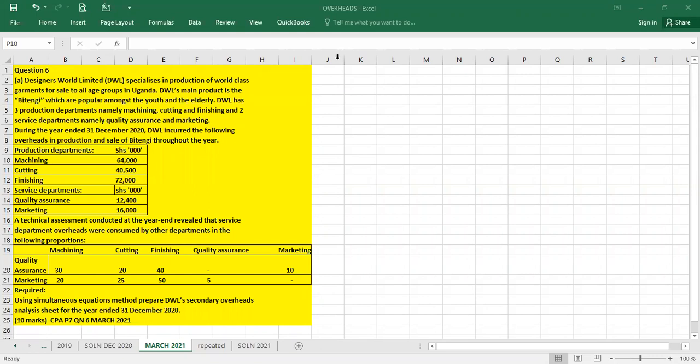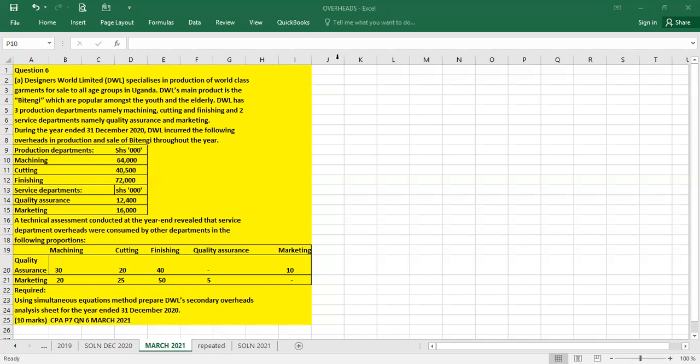The reason why we are putting more emphasis on absorption and overhead analysis is because this overhead absorption and analysis is what makes everything that is done in cost and management accounting. It's the main aim, because after knowing the cost of the product, then we can be able to do the rest of the things. So I'm taking my own time to do each and every video separately